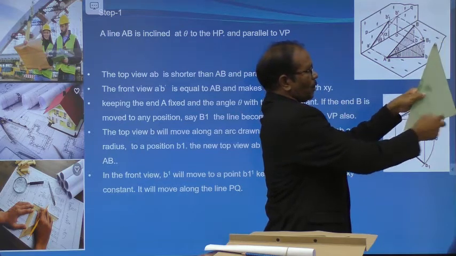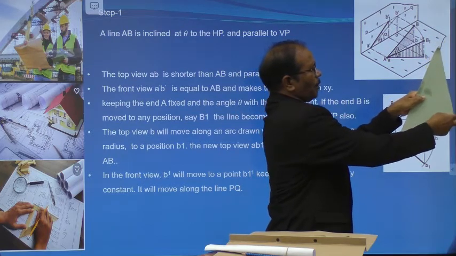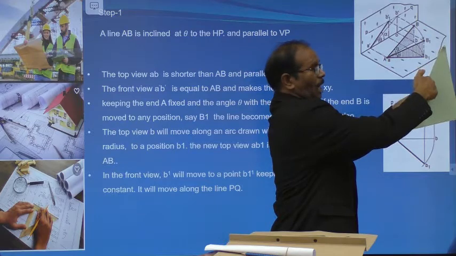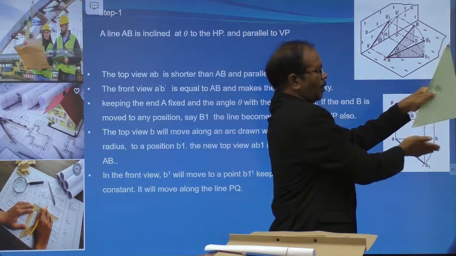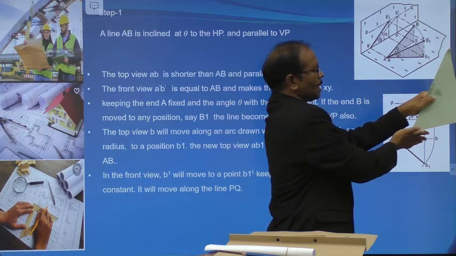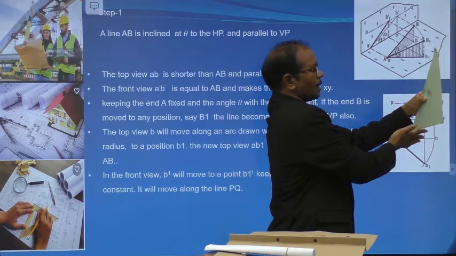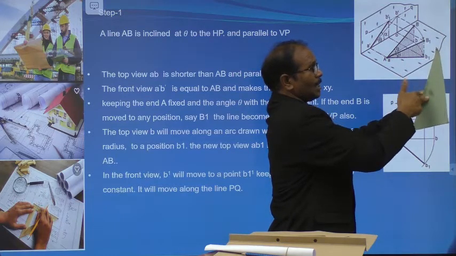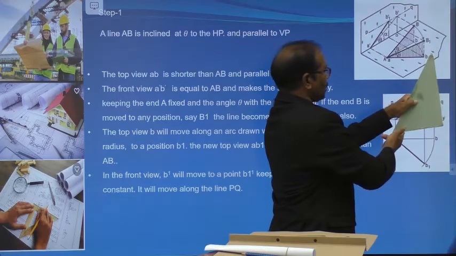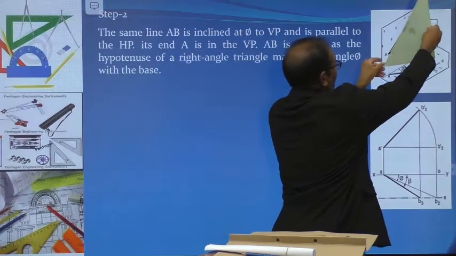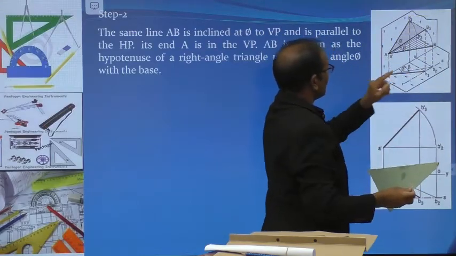So this is the top view. This particular length is the top view. Now this is the front view. The horizontal plane is the floor. Then what am I doing? Keeping it as it is, I am just tilting. Now this line is inclined to both the planes. What happened? Let's observe. This is the previous, this is the present.